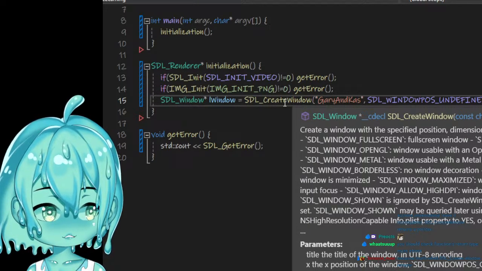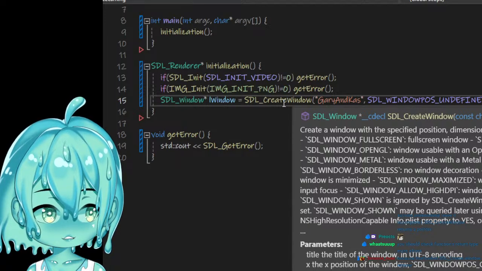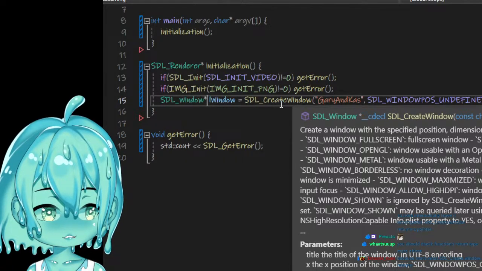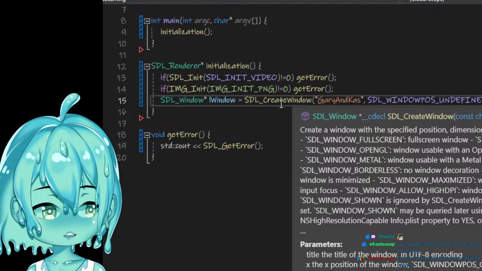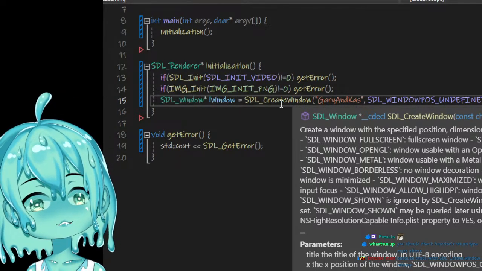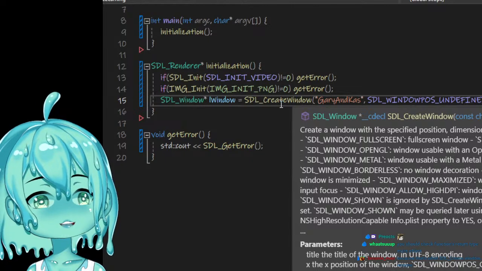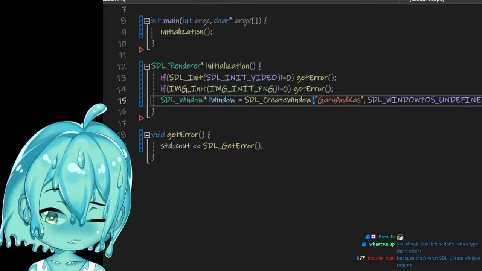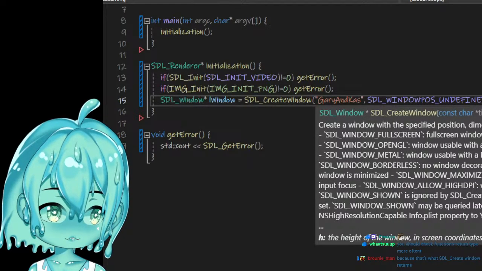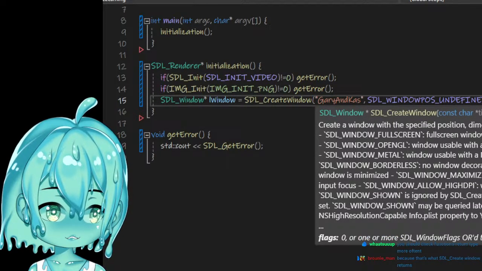Undefined, full screen desktop, OpenGL, no. Vulkan, no. Metal, no. Wow, there's so many options. Borderless windowed, resizable. Okay, so we also need to allow, no, the renderer is the one that needs VSync and stuff. This is just the actual window, like the border of it. So we need width and height. I guess we'll do 400 by 400 and then end it with SDL window